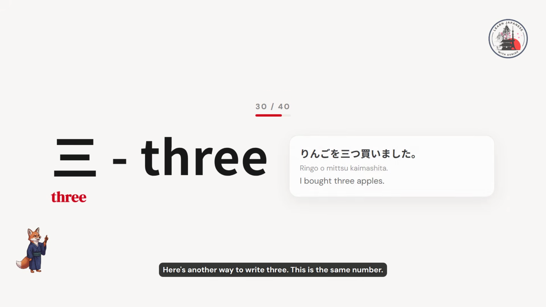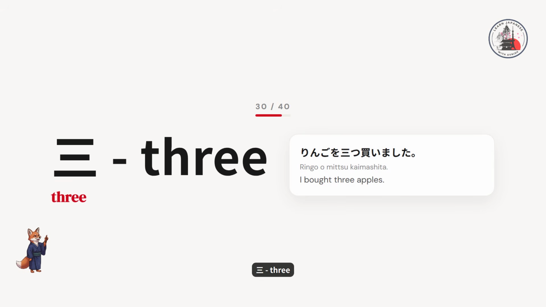Here's another way to write 3. This is the same number. 3、3。 Here's an example. リンゴを3つ買いました。